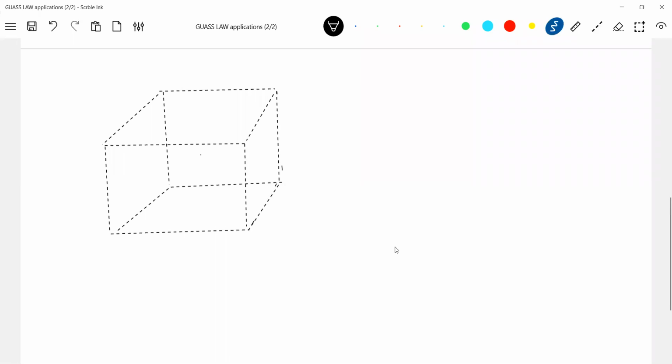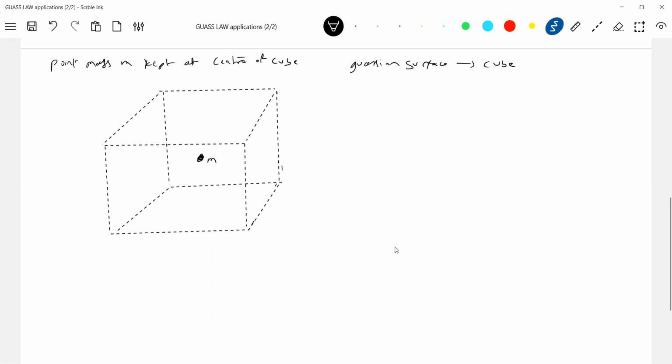Now, here is what I'll do: I keep a point mass. Where is the point mass? Point mass kept at the center of the cube. Is it okay? Now I'll ask you, what is the field strength here? Then what is the biggest problem? What is the Gaussian surface we assumed? A cube instead of a sphere. Then what is the problem we are going to face?